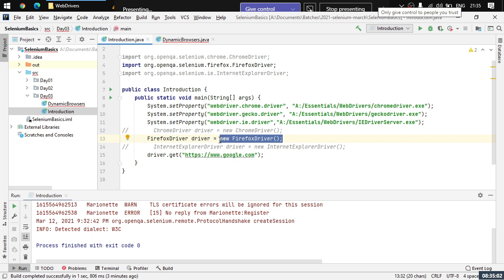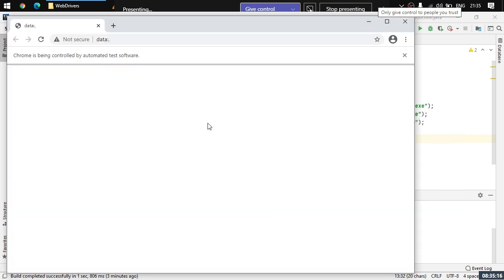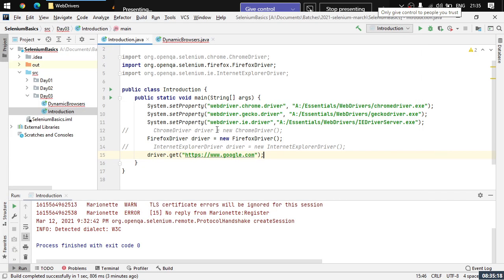So the object we are dealing with, that only object has opened up a browser, right? So we would be able to deal with that particular browser only. For example, if you notice, a Google Chrome is already open here, right? Now what I'll do is I'll uncomment this part and comment out the Firefox part. This part of code will be opening up a fresh instance of Google Chrome now,